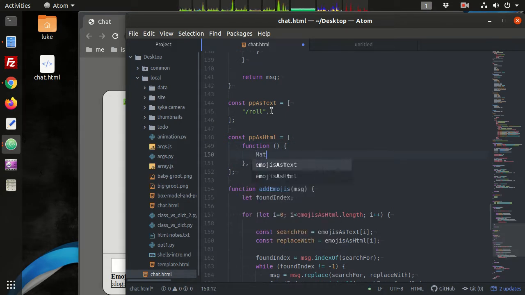I'm going to take math.random, and that should give me a number between 0 and 1, a decimal value, right? And if I want to make that number between 1 and 6, right? If I want it between 0 and 5, I could just multiply by 6. Okay, because